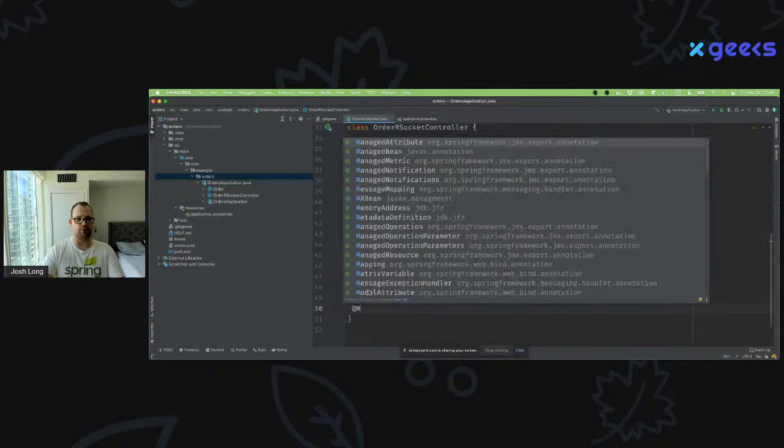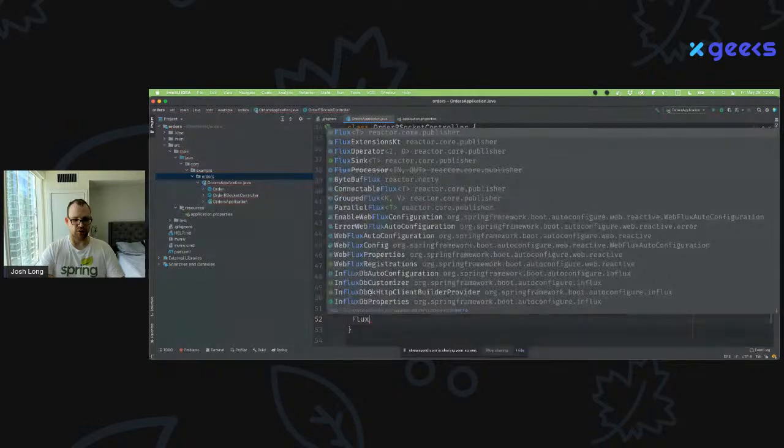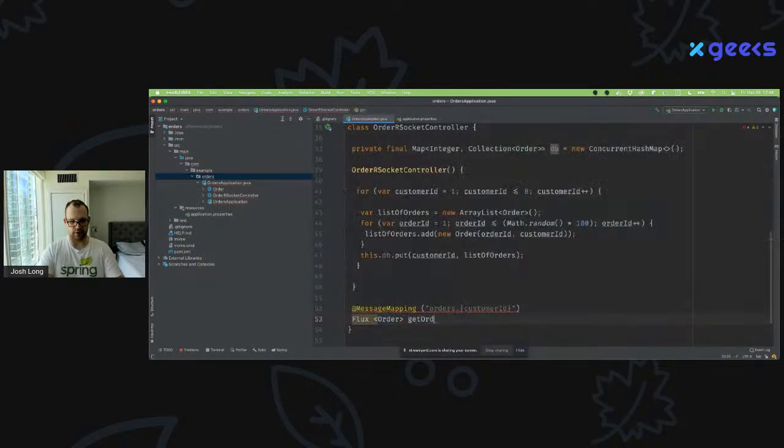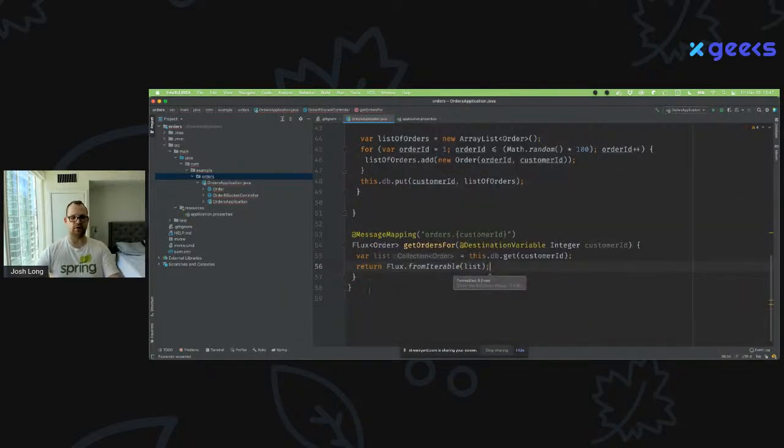And now we're going to create an RSocket endpoint message mapping. So the URL is kind of like a path for a URL for HTTP. It's a destination. And here I'm going to return a reactive stream of order data for a particular customer ID, right? Integer customerId. And the reason that this is a separate microservice, of course, is because the order data will live even if you delete the customer data, because you need the order data for revenue recognition purposes, or that kind of thing. Maybe it doesn't matter. So return Flux.fromIterable list, right? Good. There's our reactive stream.